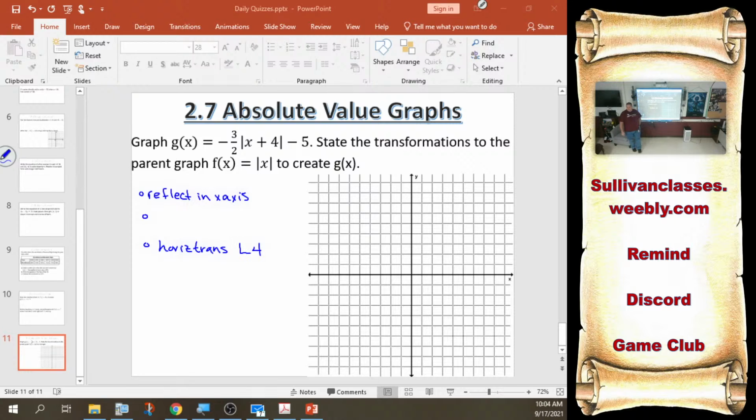Kind of a gotcha moment. 3 halves out front in the A spot. How do I know it's a stretch? It's a fraction bigger than 1. Okay. It's not just whether it's a fraction or not. The fact that it's a value whose absolute value is greater than 1 tells me that's a vertical stretch by 3 halves. And then,